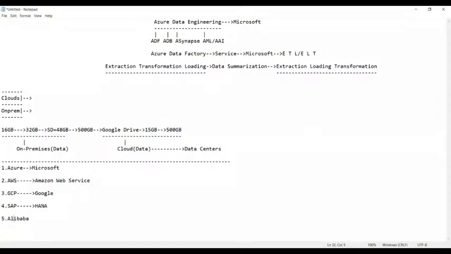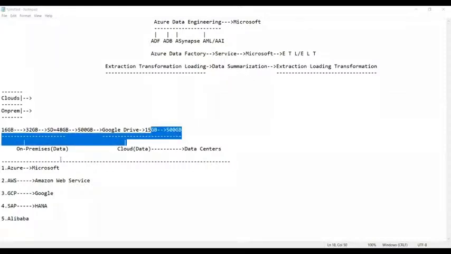Now, guys, we have many mobile phones available in the market. But who is called the market leader in mobile phones? iPhone. Right, Apple is the market leader. Who is the second market leader even today? Samsung. Very good. Because of some good features, some good software they are using. In the same way, we have many cloud providers available in the market, but the market leaders are these three only.